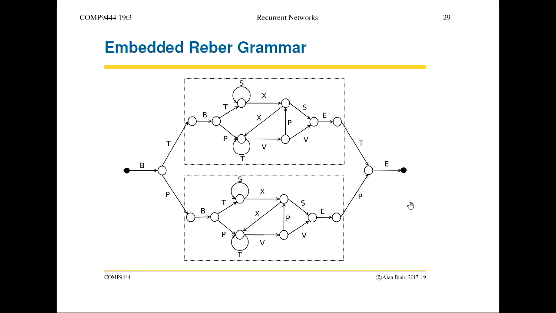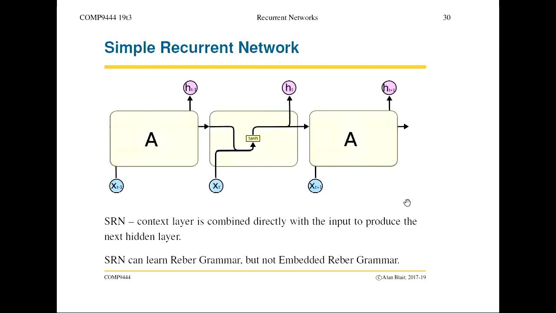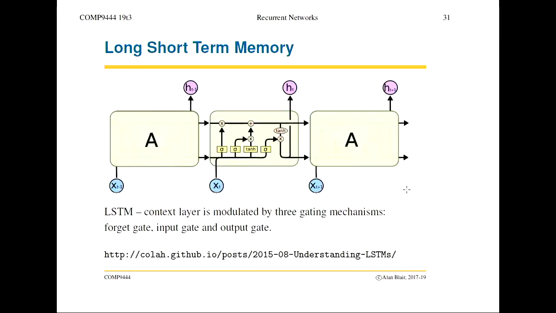Okay, but an LSTM can actually learn this. It has the capacity to learn to remember what it saw before, even though it could be an unlimited time period earlier. Okay, so let's go through this